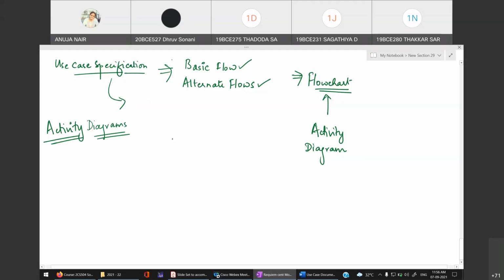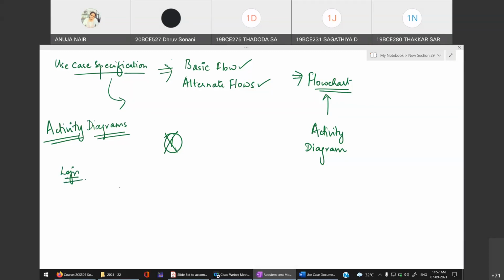If you are making just one single activity diagram, that's wrong. Just imagine the flowchart of an entire system. It would be a very big flowchart, right? That's why you should never make one single activity diagram. Make it use case wise. And if you feel that two activity diagrams can be connected to each other, meaning there is a flow happening, like login, which is connected to all, then you can connect them with all the use cases and all the activity diagrams.